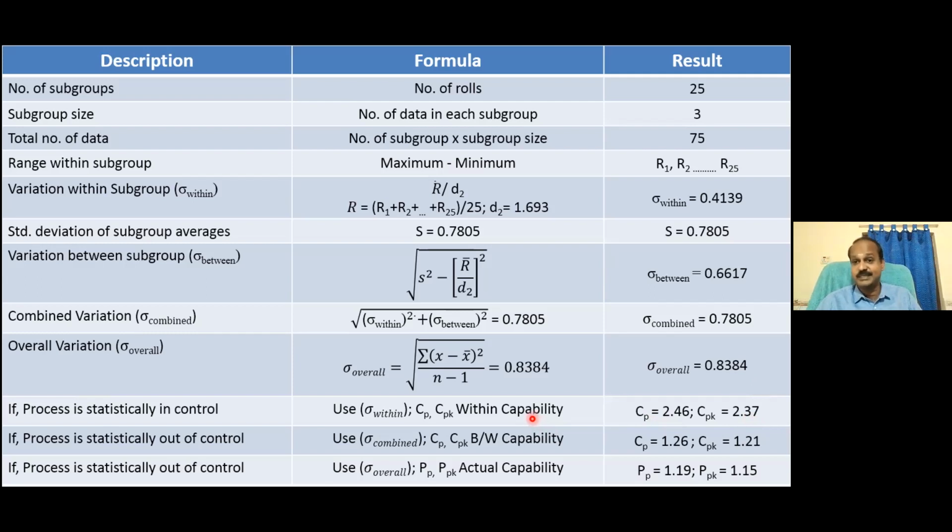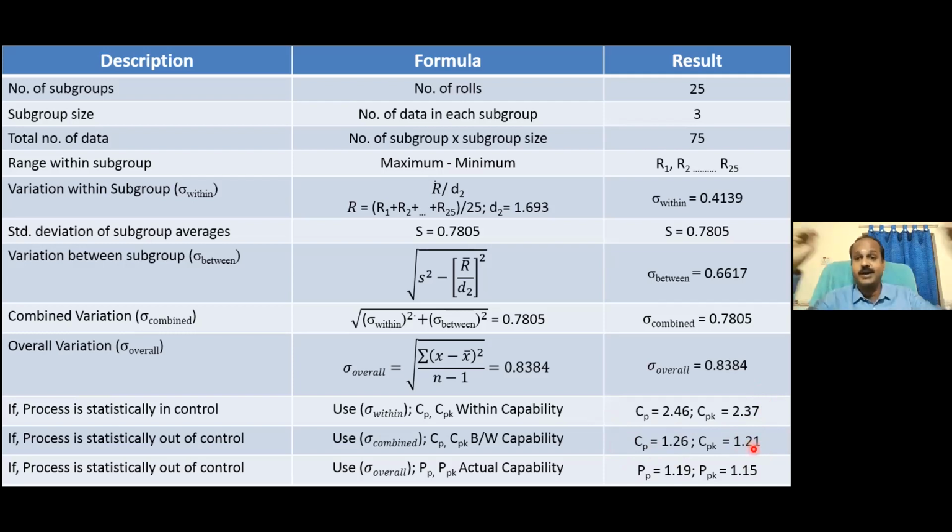But when I go for between within, what is between within? Combined. When I go for between within, I get different values for my CP and CPK. That means if you are just measuring within, you will not understand this. Am I right? Now what does this infer actually? Within variation, you are controlling very well. But between variation, you are not able to control. Maybe first batch the manager is different, and second batch, something you're not able to control. So between batch variation is playing. That is why it is dropping.